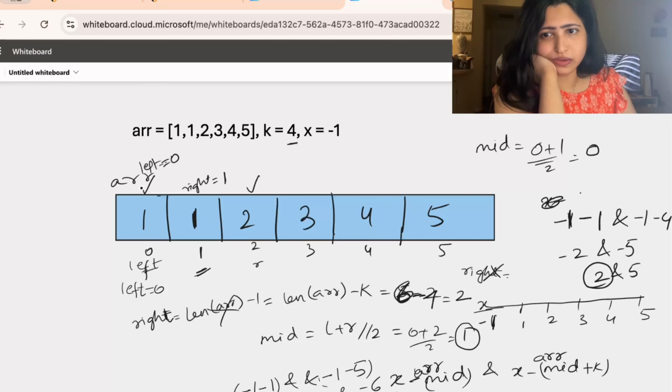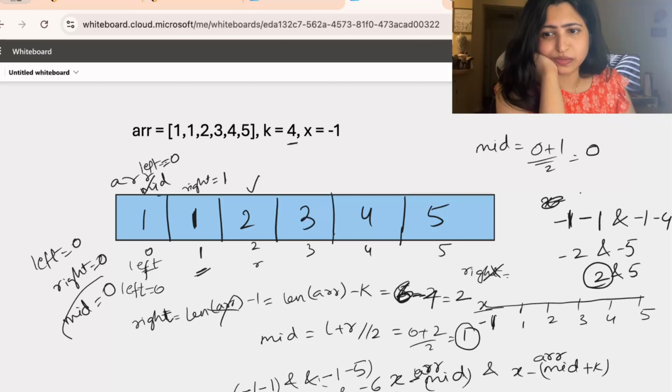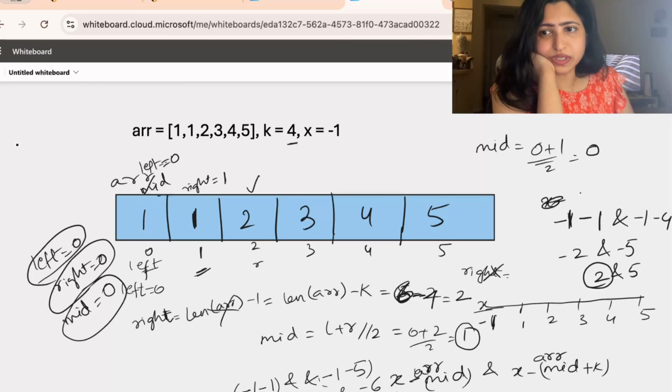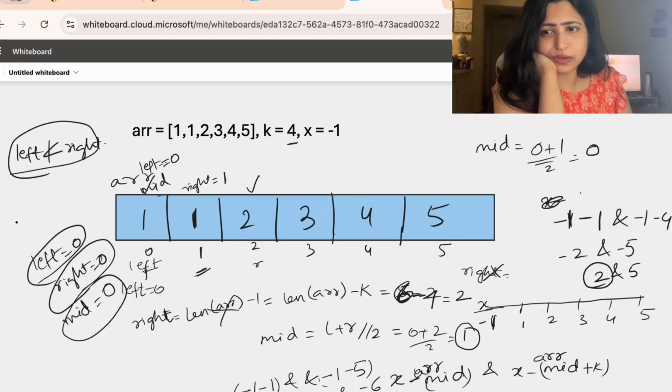So earlier our mid was this one, right? So now our left is at 0, right is at 0, and mid was also at 0. Now your right has also moved to this one. Because now our left is no longer lesser than right, this is when our while loop stops and it will come out of the while loop and we return